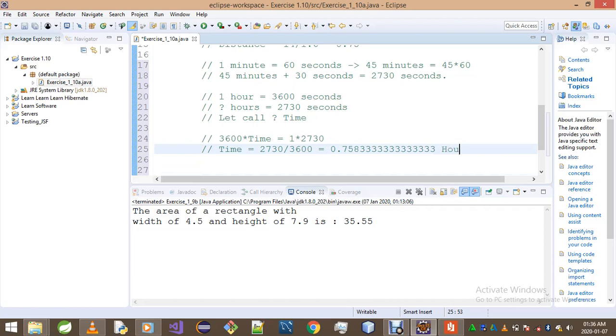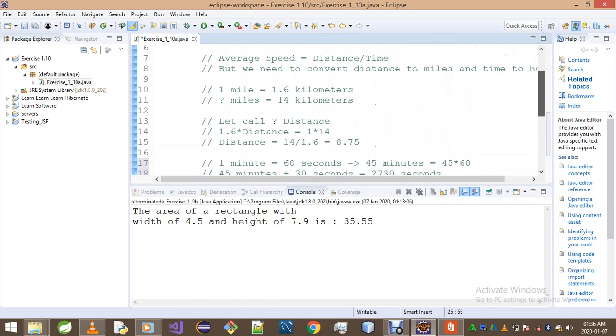This is in hours. Oh, I forgot something here at the top. Our distance supposed to be in